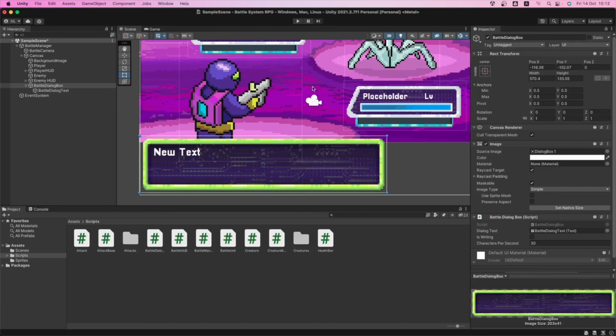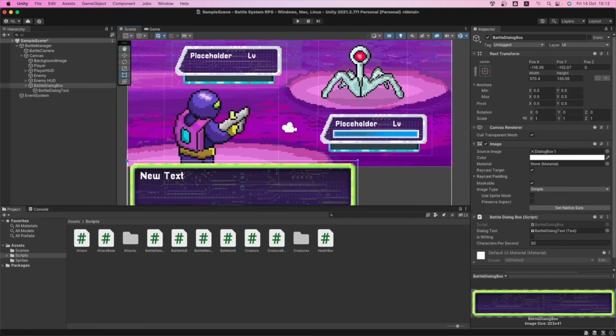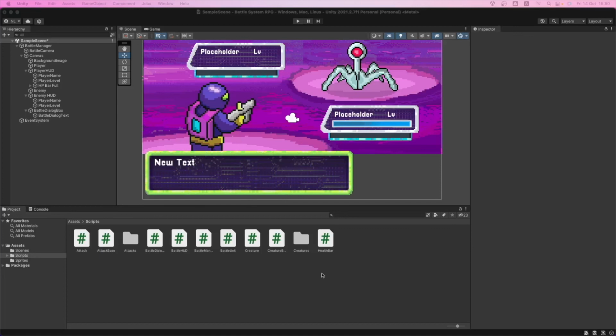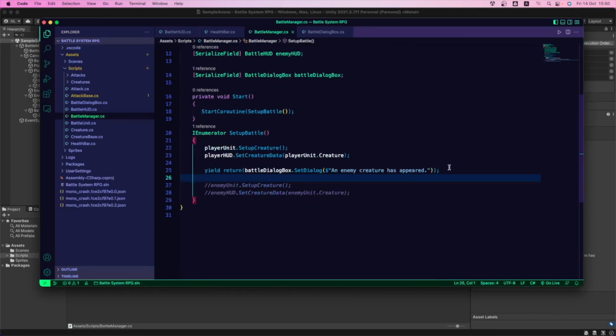Okay, so now we're gonna go on building the health bar of the enemy, so we don't get the error we were getting back. So we can start passing in the battle manager the values of the name and the level and the health bar of the enemy. Okay, so we're gonna go and do that right now. First, we're gonna go back into the battle manager. We're gonna move this line.